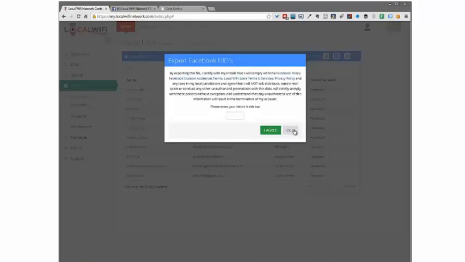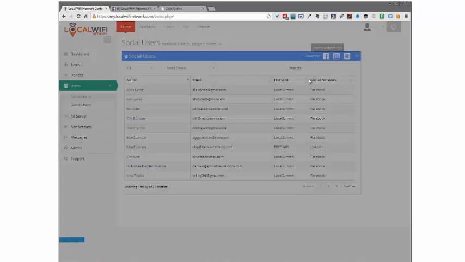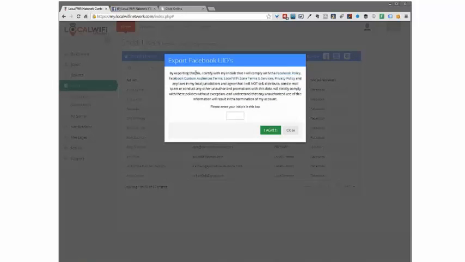When you want to export your users, you can simply click on this little export button here, and you can export the Facebook UIDs. So those of you who know what Facebook UIDs are, they know the power of this. I could simply export this, and I want to just stress again